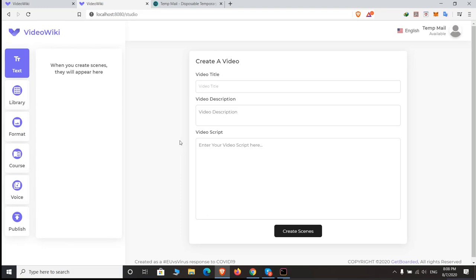It's the same process: you can put your title, description, and transcripts here. After creating the whole scene, going to the library and merging all those things, when you are satisfied with your content, you can click on the publish button, which right now is not functional.